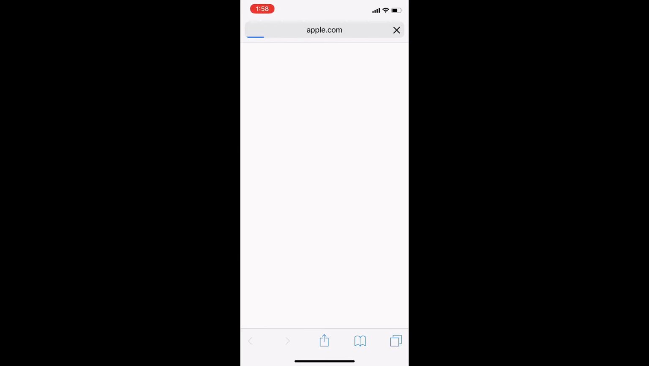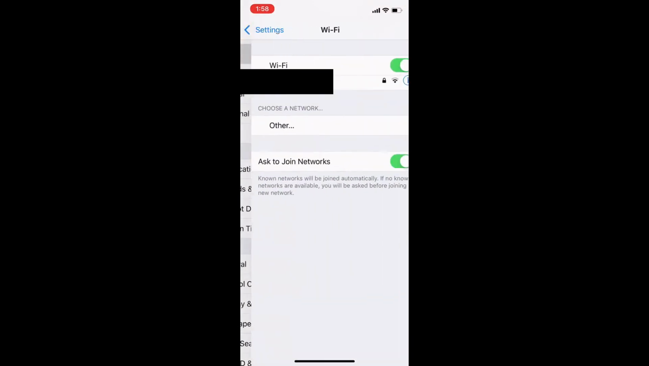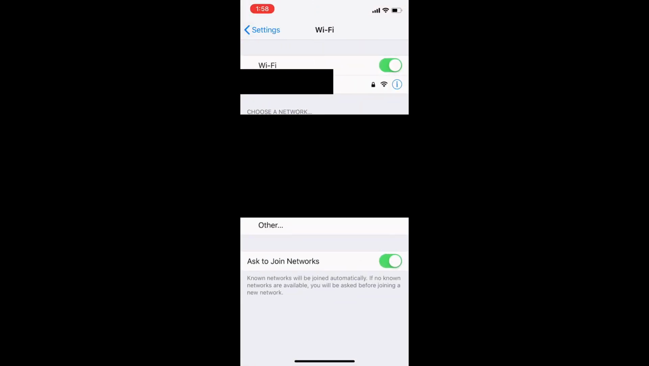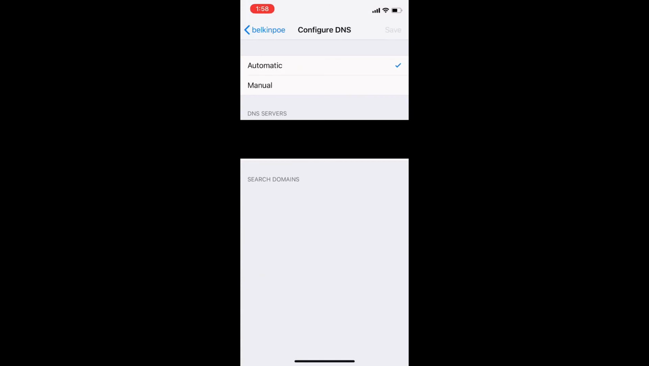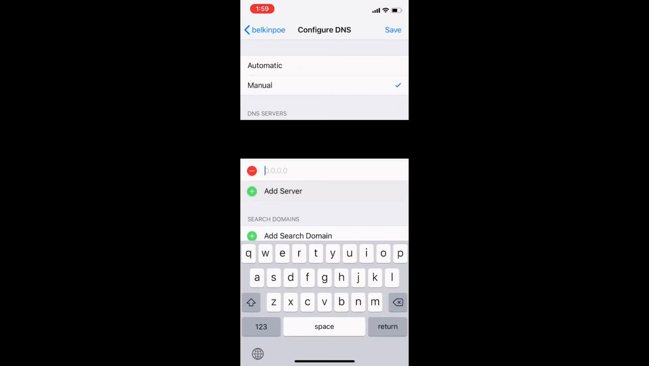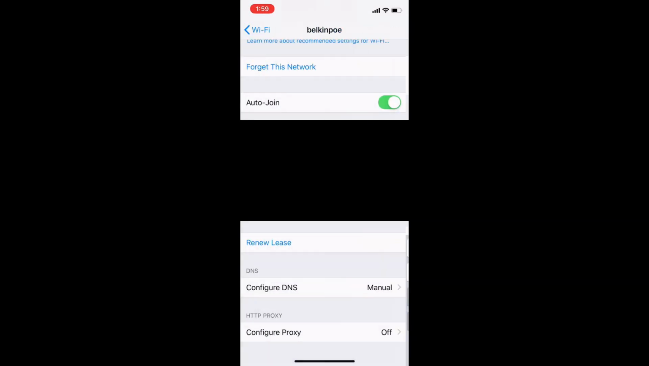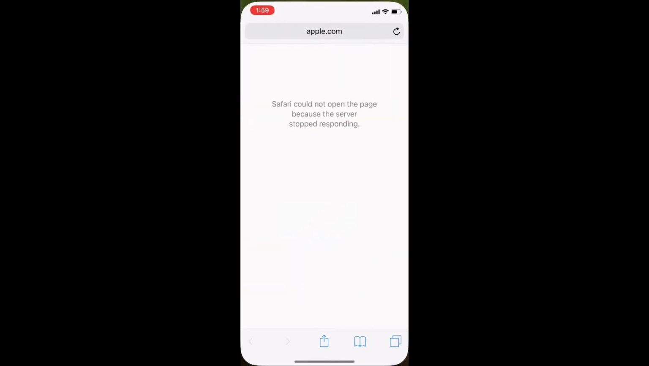Now on the iPhone, you can see it's not loading. So how to fix it on the iPhone? Well, what we can do is we can come over to Settings, Wi-Fi, Information, click the eye icon on the Wi-Fi network you're on, all the way down, configure DNS, and then go to Manual, add a server, 8.8.8.8 for Google, once again, save, and then coming back over here,